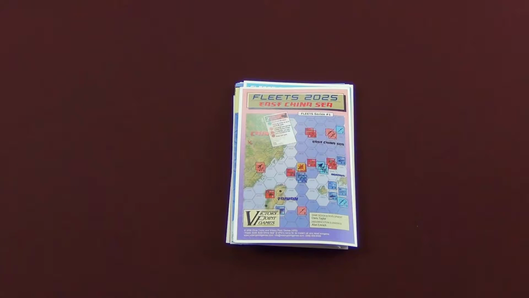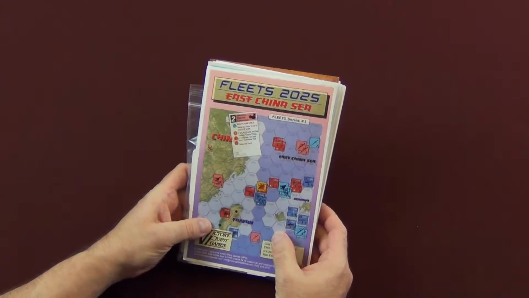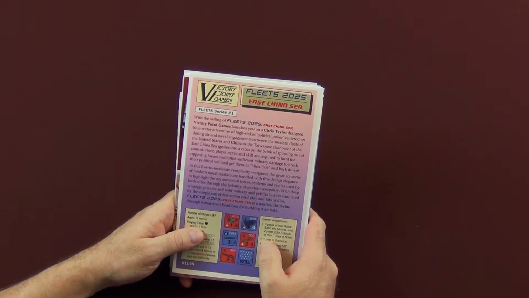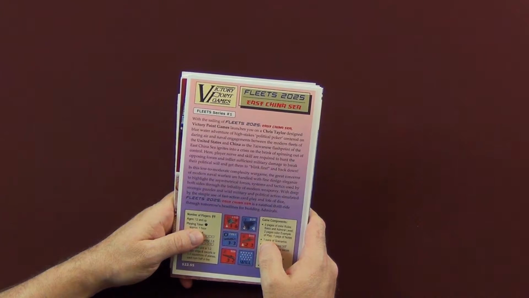I'm going to put them back inside the bag now, but let's take a look and see what Fleet's 2025 East China Sea is all about. It says here, Fleet Series number 1. With the sailing of Fleet's 2025 East China Sea, Victory Point Games launches you on a Chris Taylor-designed blue water